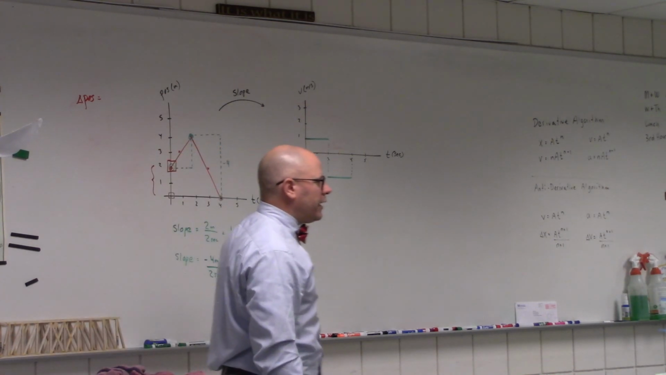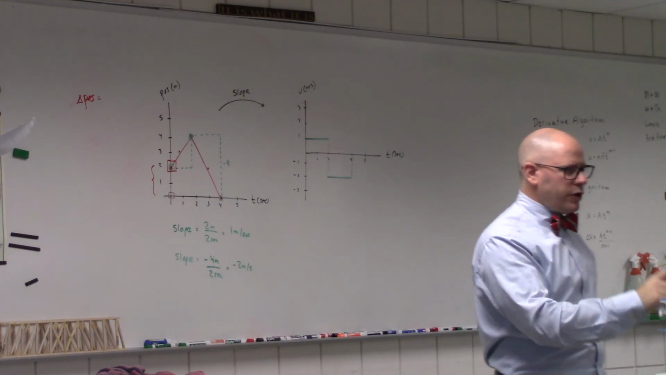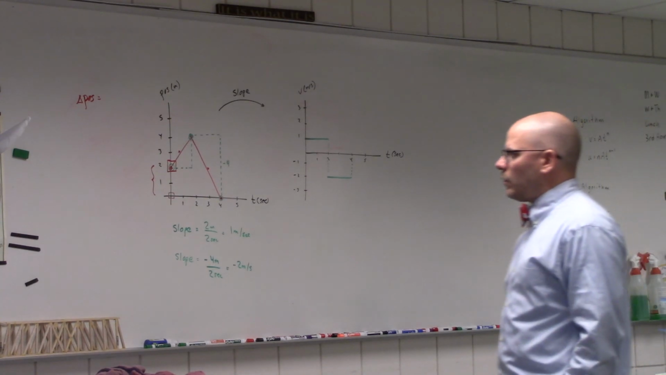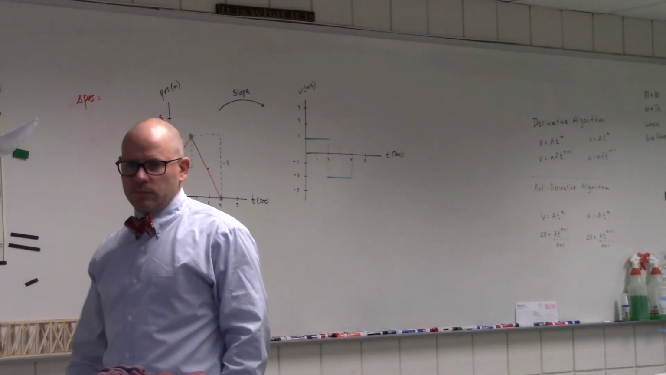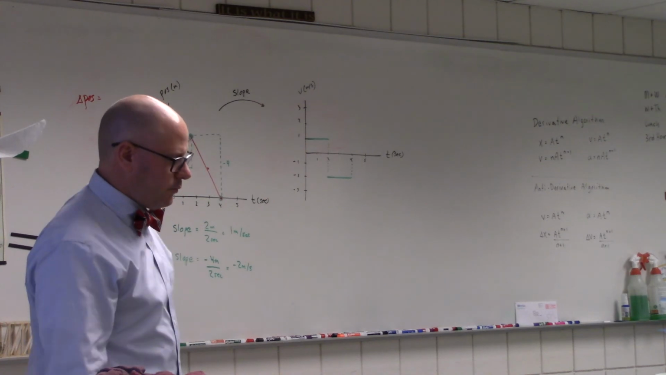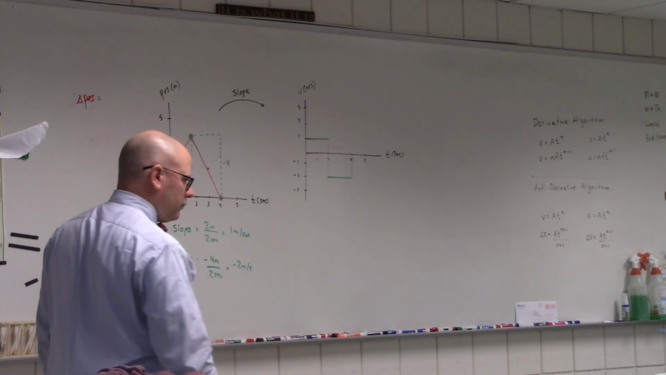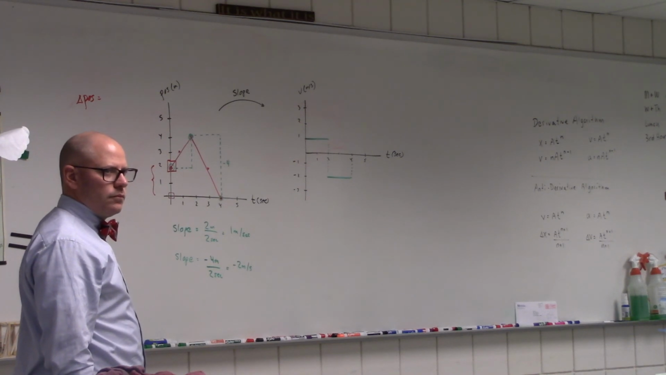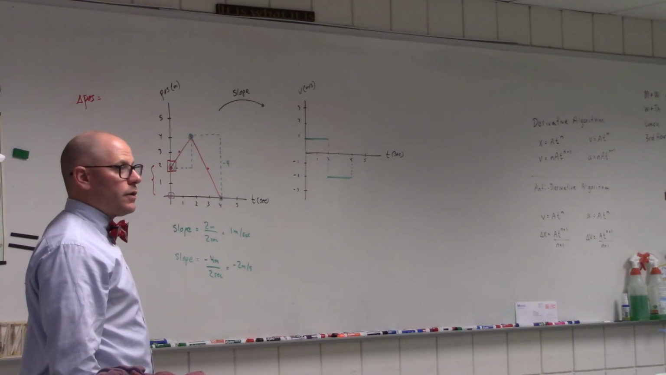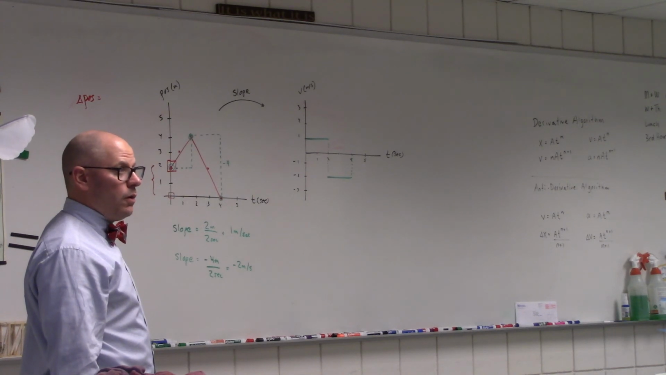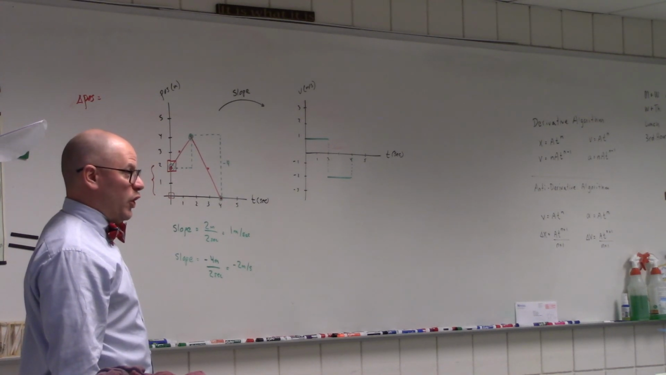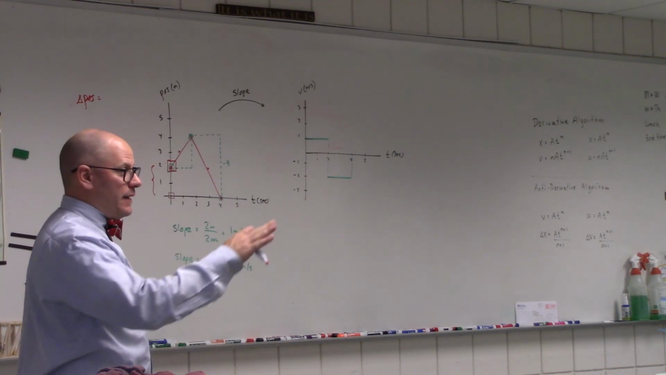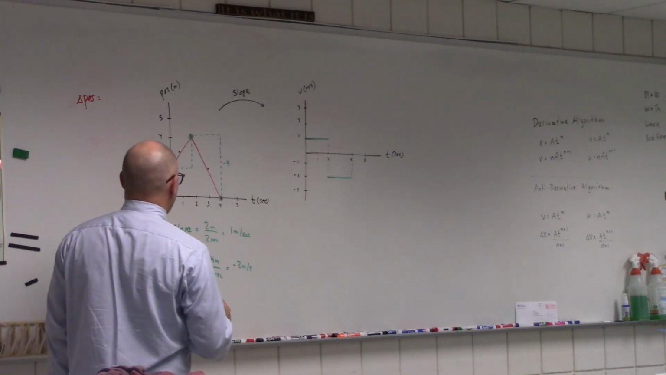Check your neighbor on this one. This is a little bit more challenging. Check your neighbor, see if your neighbor knows. What's the change in position on this one? What do you think the change in position is? Is it 2? I don't think it's 2. It seems like it's 2, but it's not. What is it? Negative 2. It's -2. And here's how we know for sure. The final